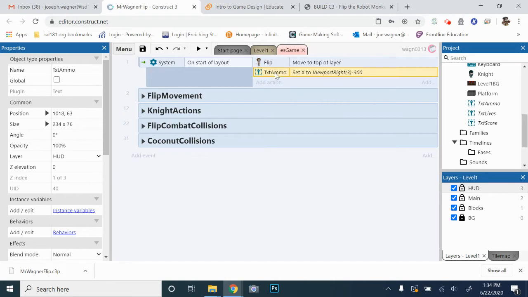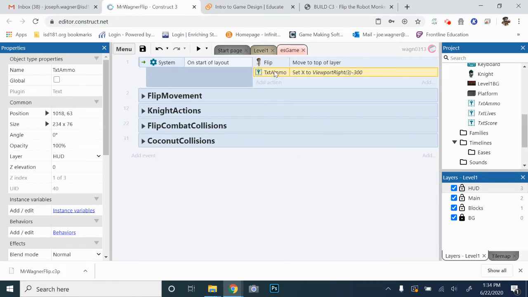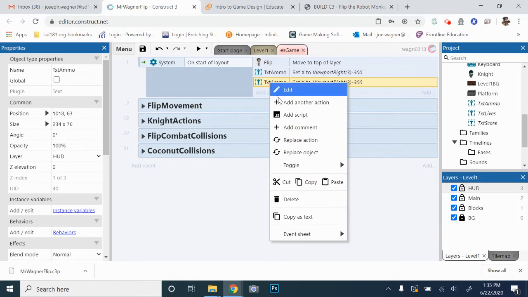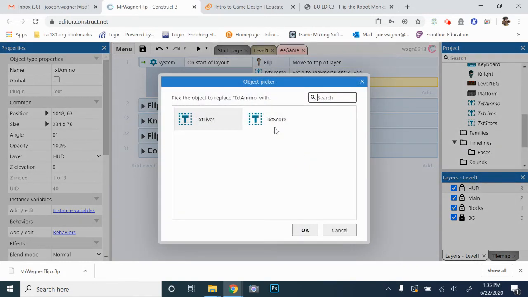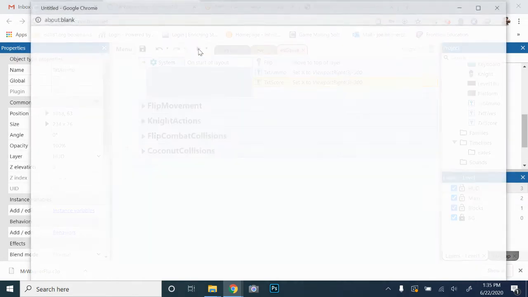Then I'm going to copy this event. I can right click, copy, right click again and paste. Then I'm literally just going to replace this one. Instead of text ammo, we're going to make it text score. You can right click on the word text ammo and do replace object, and replace it with text score. Okay, and there's the same thing there. So now if I run it,